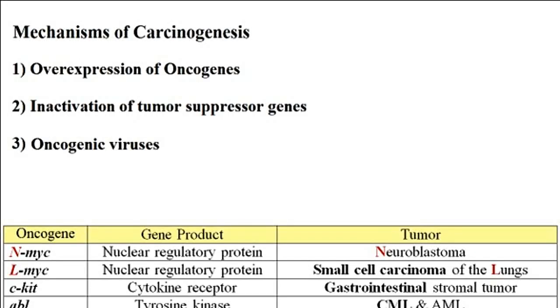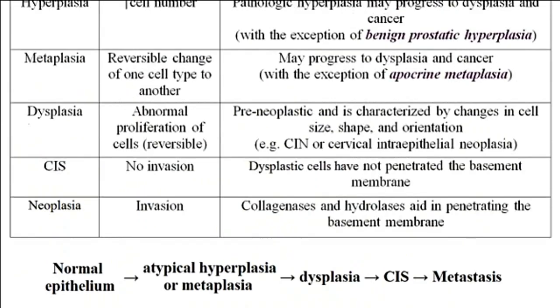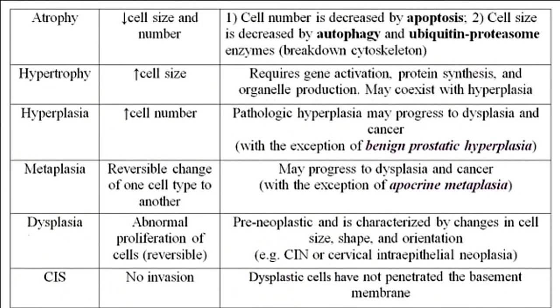Here I'm going to discuss different genes and viral infections that can lead to the development of cancer. And then after that, I will go over different tumor markers that are used for monitoring the progression or regression of specific cancers. Now, before I go through these mechanisms, what I would like to do is to go over some basic terminologies. And after discussing these terminologies, it would be easier to understand the processes that would lead to